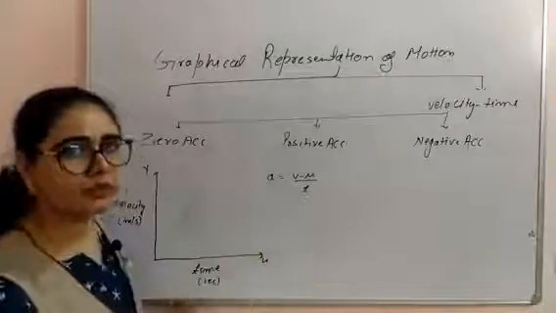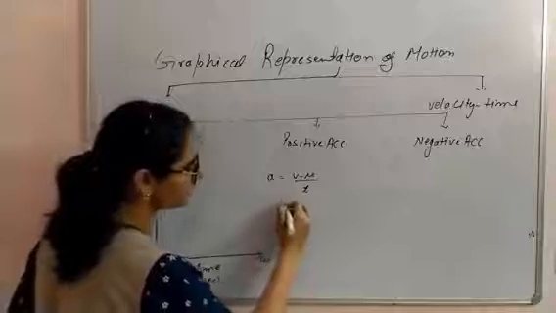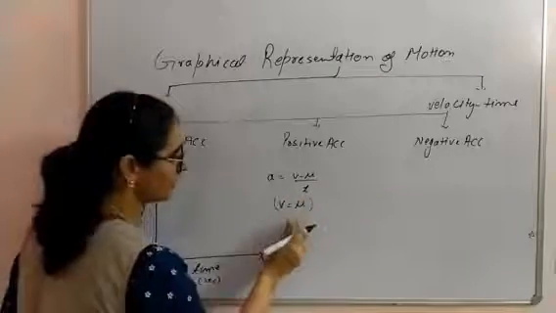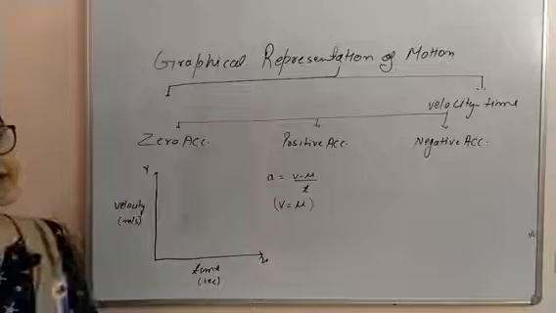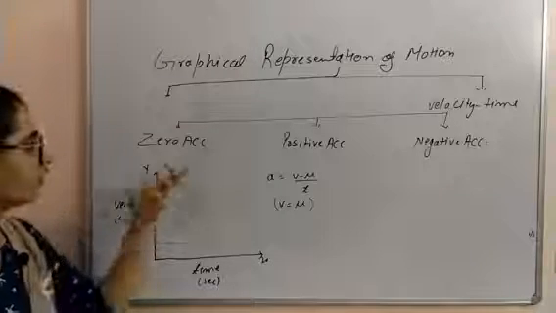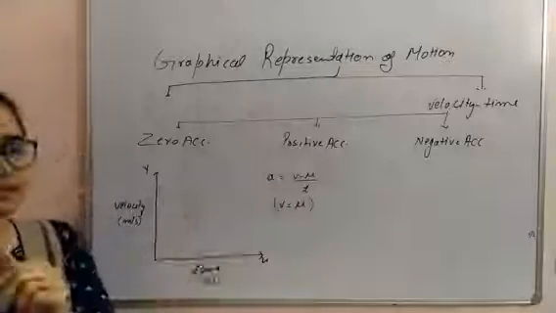Then what could be the condition that acceleration could be zero? Time can never be zero. There will be some time interval. That means the simple condition here is possible, that is when v is equal to u. जब आपकी initial velocity, final velocity same है. In that case only we are saying that your acceleration is zero. The acceleration you will get over here will be zero.